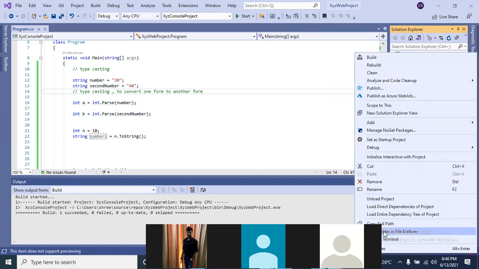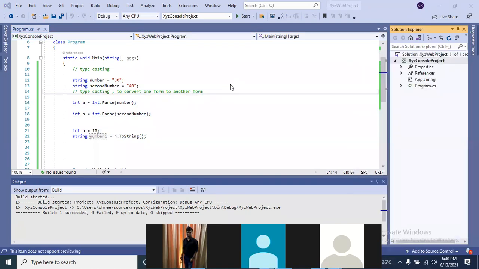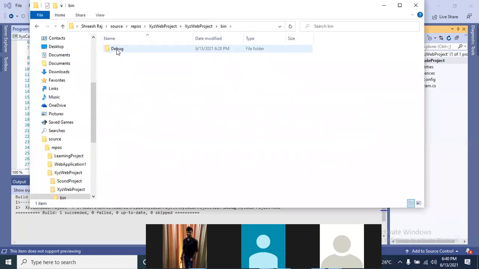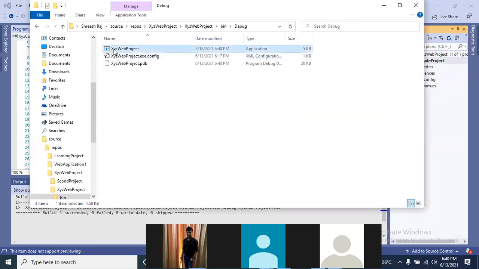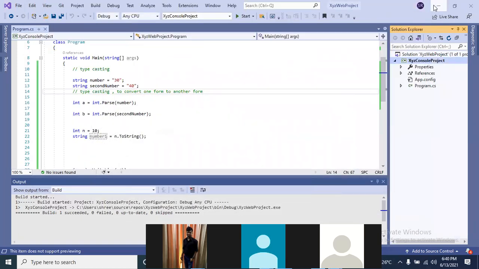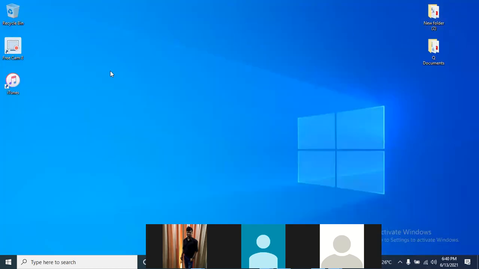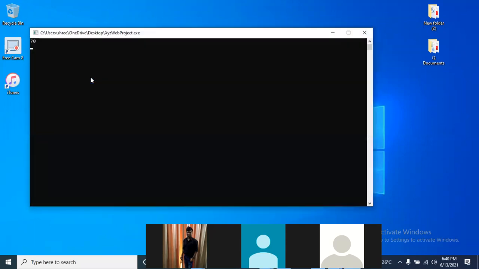With the help of an example, I'm going to show you so that in future you will give the correct answer. This one is my project, only for demo. I will give this project to any person who is using the Windows platform, and whenever they run this application, they will get the result.